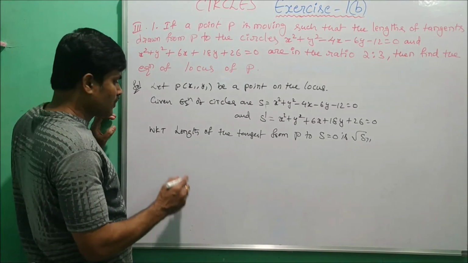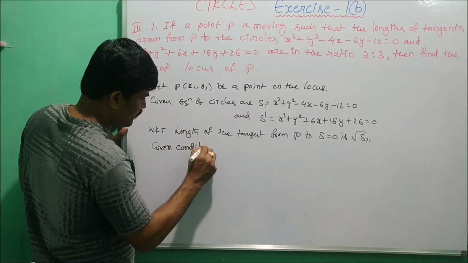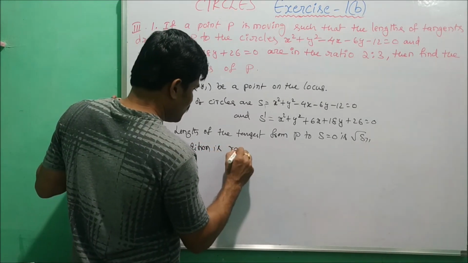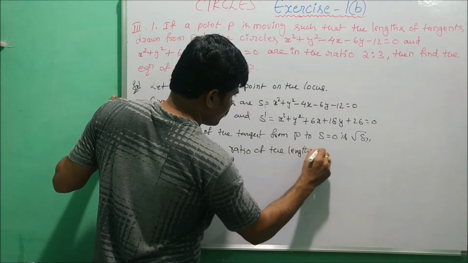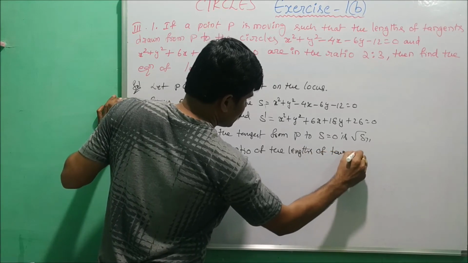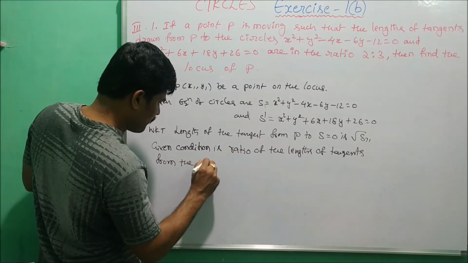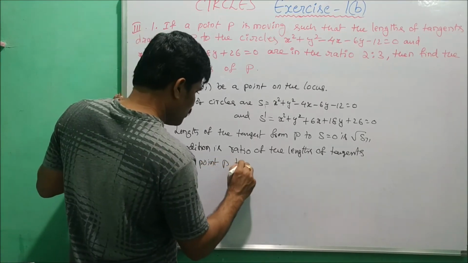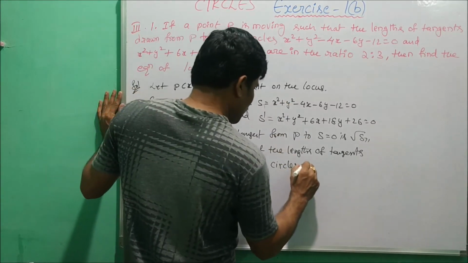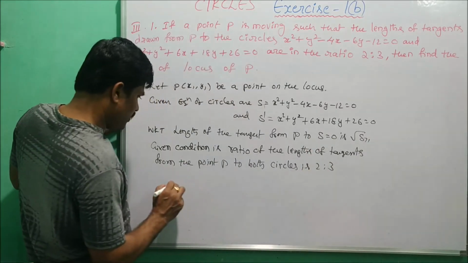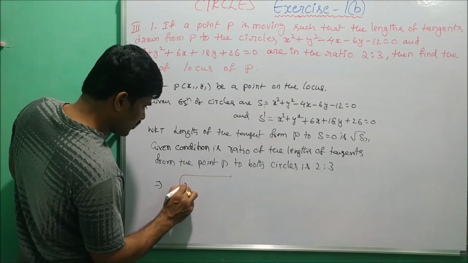The given condition is that the ratio of the lengths of tangents from the point P to both circles is 2:3. Now here we have to take the length of the tangents using that formula, that is square root of,